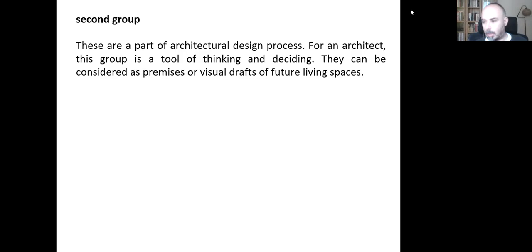But from time to time, he needs to see them on a piece of paper or on a solid medium so that he can observe or examine them in a detailed way. So he is using this as a deciding tool. From time to time, he is projecting all his ideas on that medium, and he is